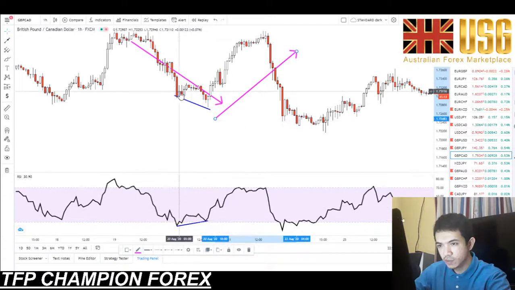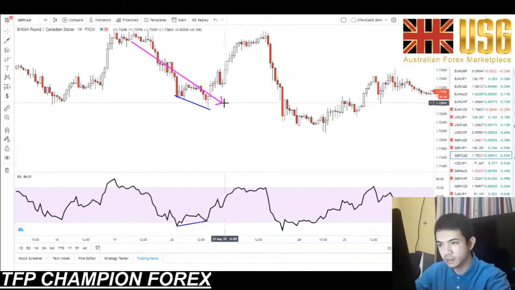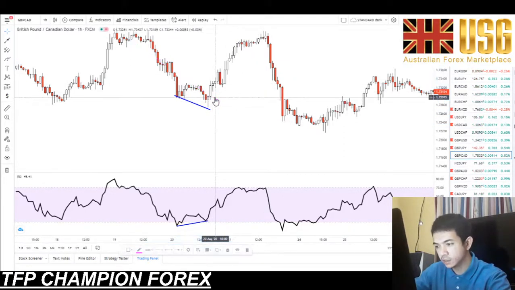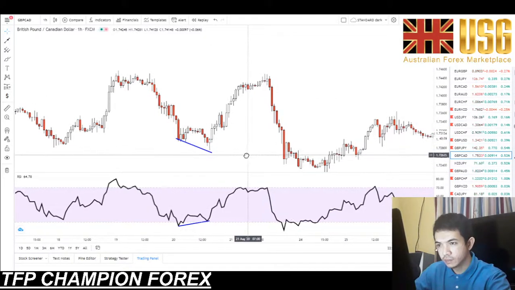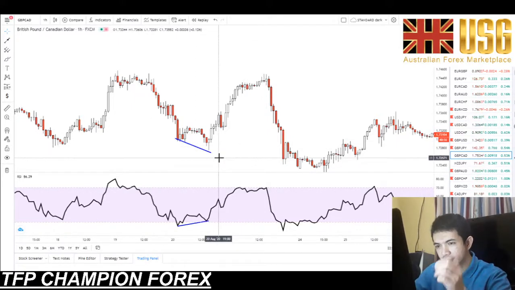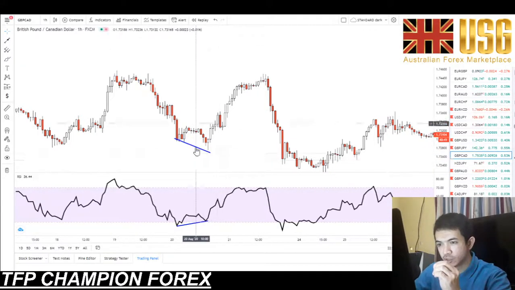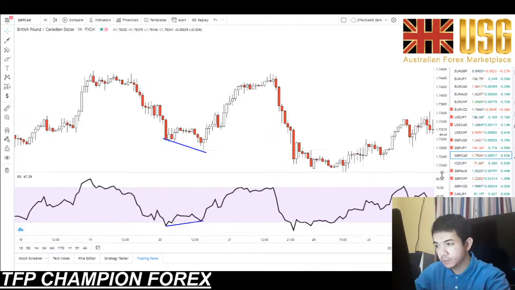So you see, from a lower low, however the RSI formed a higher low, which means the market's momentum is now shifting to the upside. Down, then going up. You see this? All right. So, again, before you place a trade, always have a candlestick formation using this strategy. All right. So, we can see here that the market created a